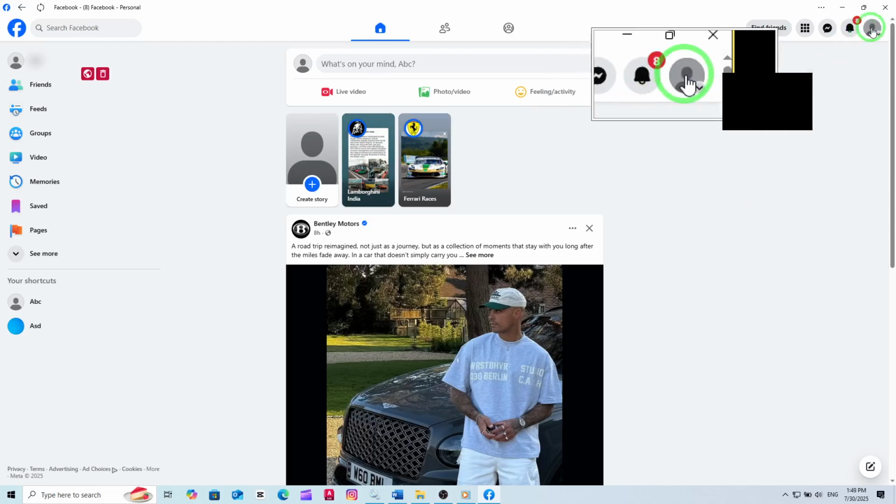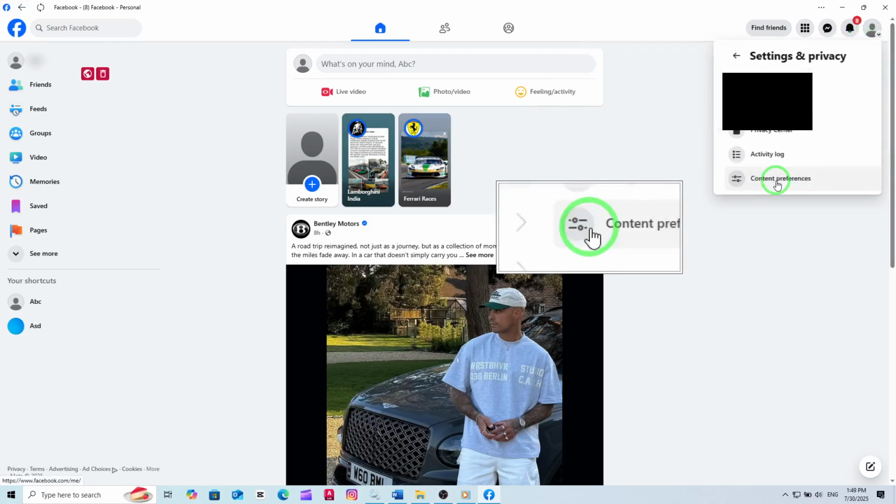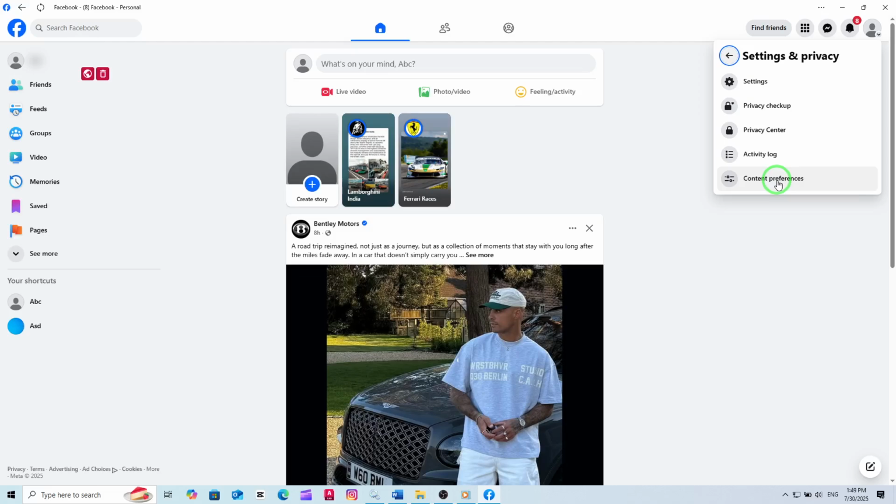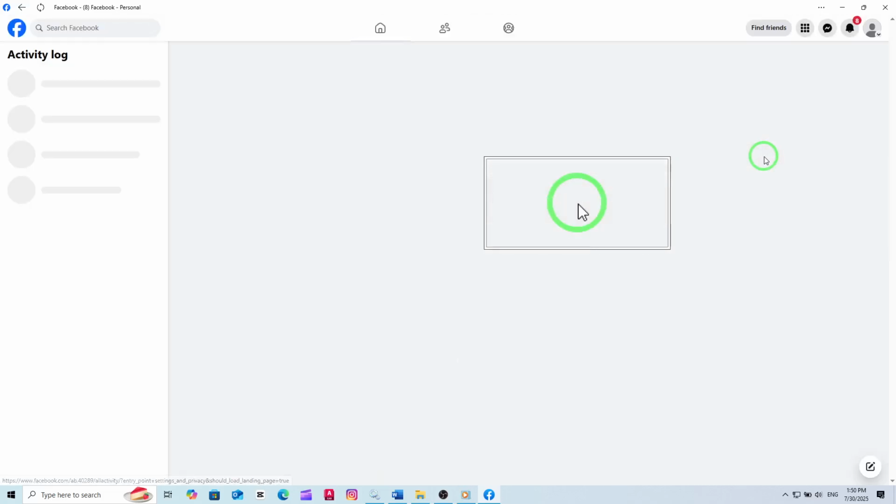Next, in that menu, find and select Settings and Privacy. Once it expands, choose Settings. This takes you into a new page with a range of options to control your Facebook experience, from privacy controls to account management features. Now, on the left-hand side of the screen, look for the Activity Log option and click